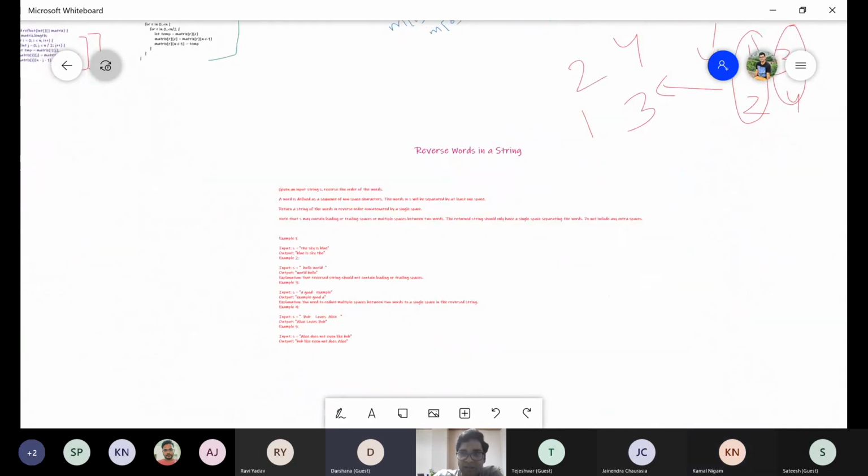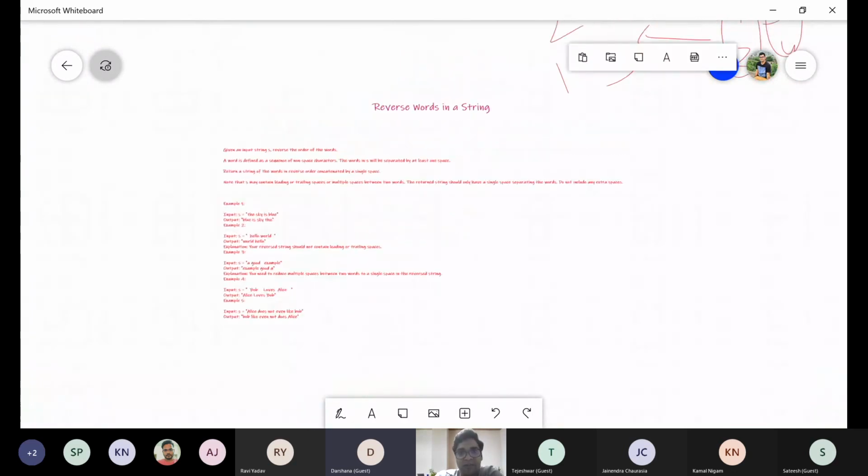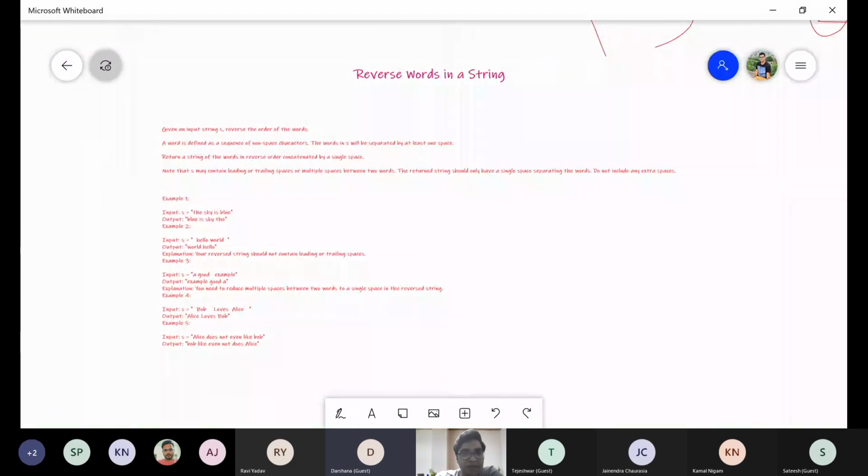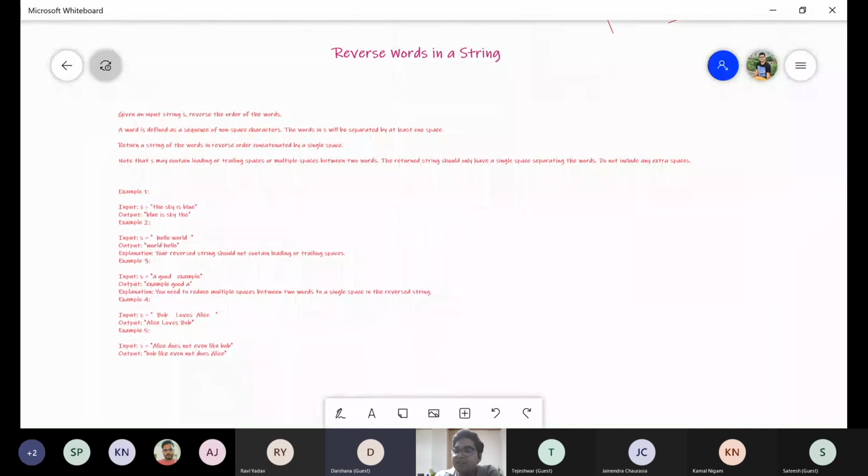Okay, thanks, Kamal. Let's move to another problem, which is reverse the words in a string. It has two variants, so we will first discuss the slightly more difficult one, and then we will discuss the simpler one also. The question says, suppose an input string has been given to you, and you need to reverse the order of the words. For example, in the first input, the sky is blue. We just need to reverse the order: blue will come first, then is, then sky, and the. We do not reverse every letter, but we reverse the order of words.